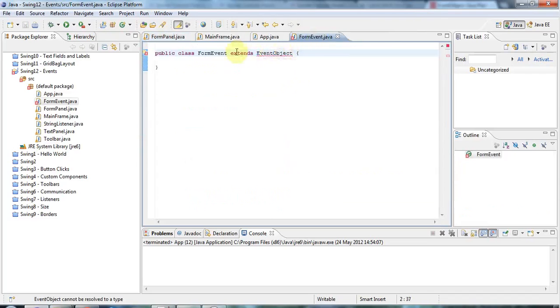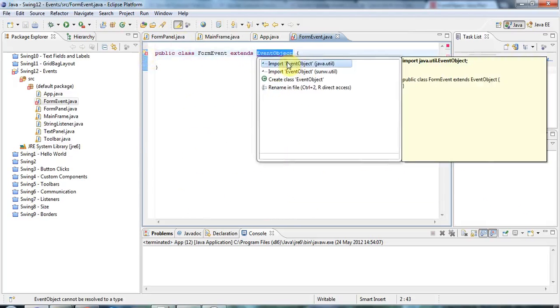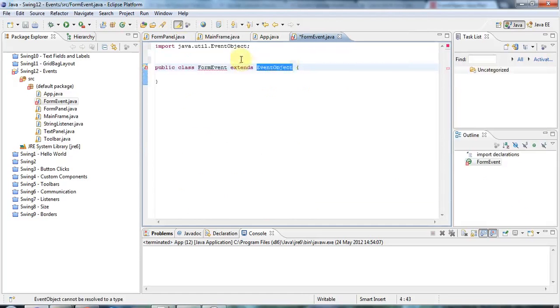If I just extend this event object, it's going to help us move towards the Swing native architecture later on, although this native Swing event handling is a bit overkill for most purposes, which is why I haven't immediately shown you how it works. So I've got a form event object which extends event object, and I'll add the import there. Import event object,